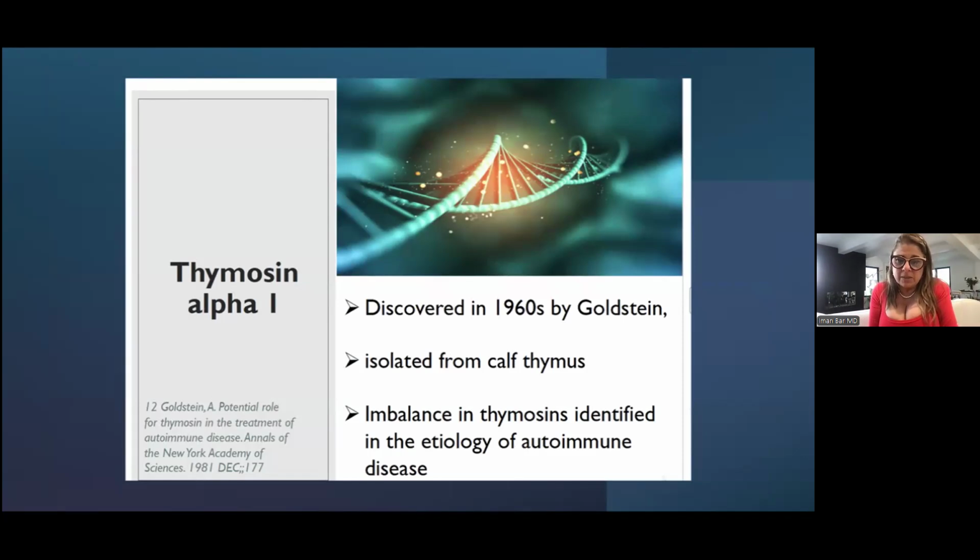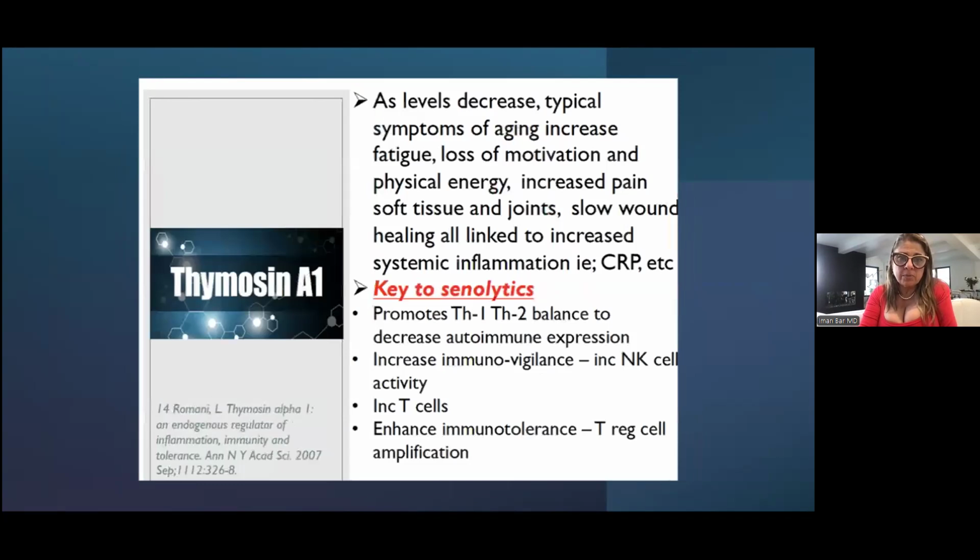It's thymosin alpha, and it is used in autoimmune conditions. They decrease with aging. So we know the thymus is rudimentary by 30 or something. That's why thymosin alpha is decreasing with aging, right? So unfortunately. So it promotes Th1 and Th2 balance, T cells, B cells, enhances immune tolerance, Treg cells, amplification, and increases the natural killer cells. That's why it works on viruses and